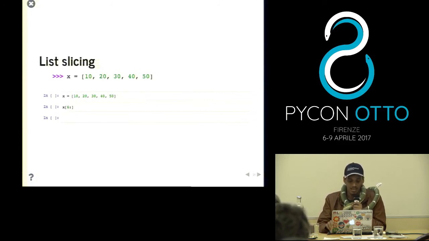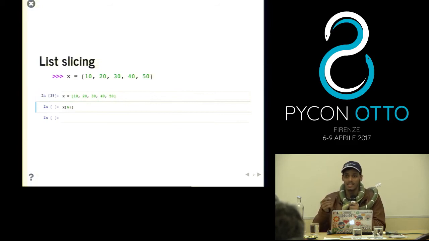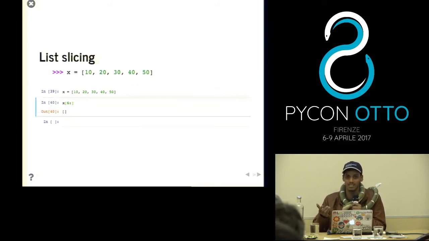List slicing, it's also really interesting. It's not a real gotcha, but Python actually doesn't handle this thing. So let's say I have a list with 5 elements and I try to get the element which is out of bounds. Unlike languages like Java, where we have this out of bounds exception, we don't have anything like that in Python. So even if this is an error, Python doesn't give an error, and it just returns an empty list, which shouldn't be there. So in cases like these, when you are trying to get something out of bounds, you just have to make more tests. That's the only way.